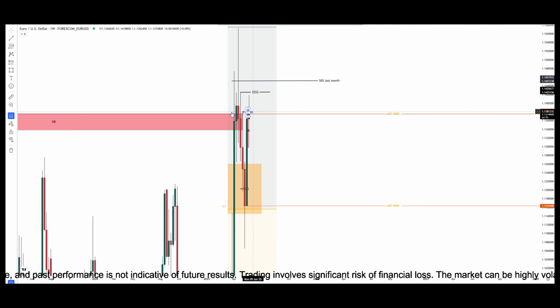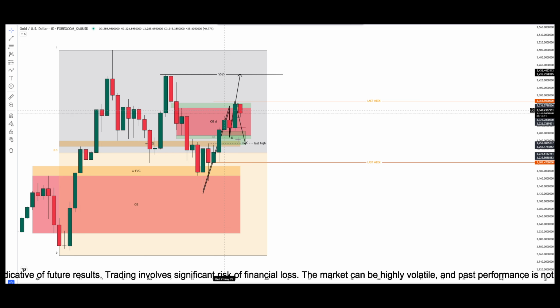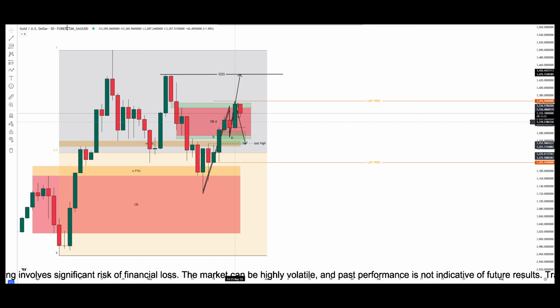Daily time frame gold symbol. After creating an FVG in the opposite direction and respecting it, gold moved towards the next FVG in the daily time frame. If it can pass the high of the previous week this week, it will most likely reach the high of the previous month. Of course, there are signs of a return from FVG on the hourly time frame.